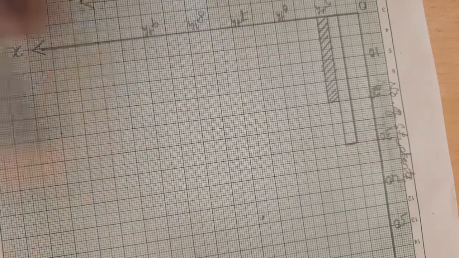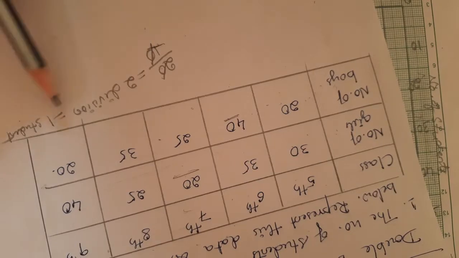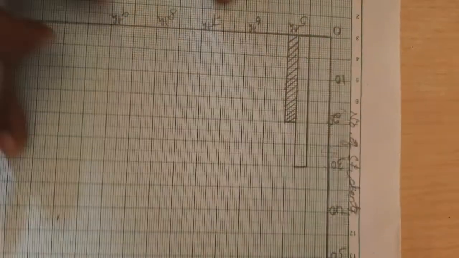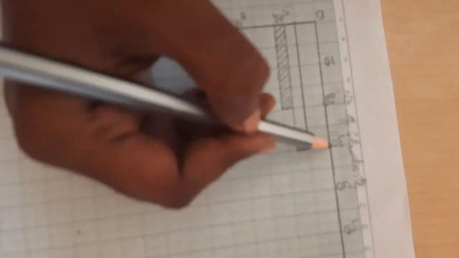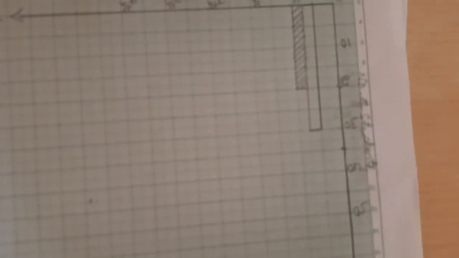We know that 2 divisions equal 1 student. So for 35, 2 divisions. 35 lies between 30 and 40. So this is 30. Now it is 31, and it is clear that 35 is here in between. Yes, it is clear. 35, it is clear, right? So directly we'll go for 35. Is it visible? See?